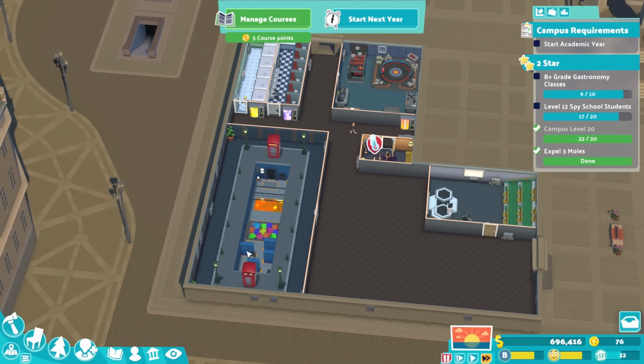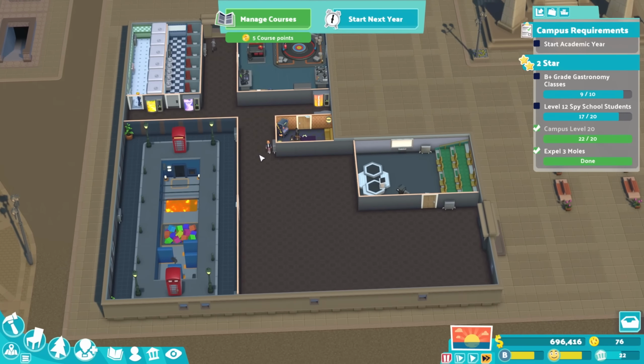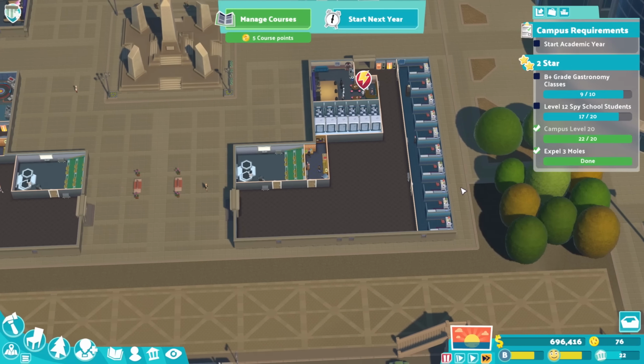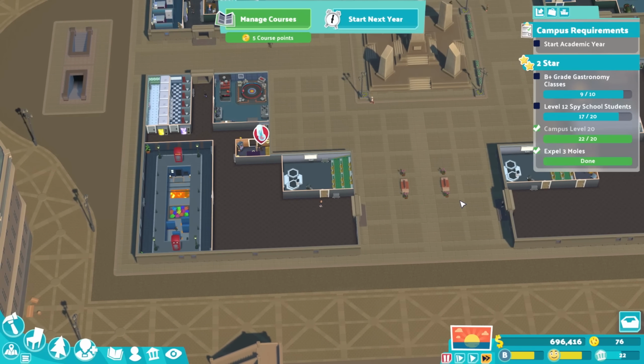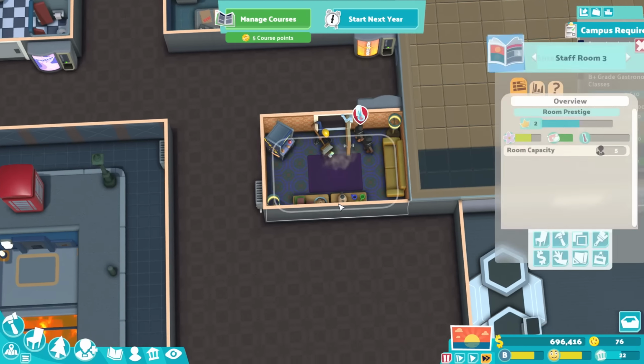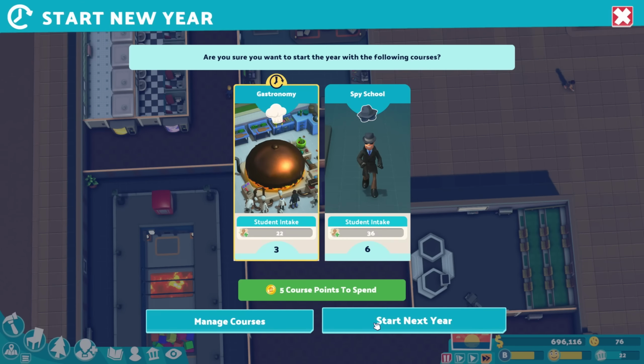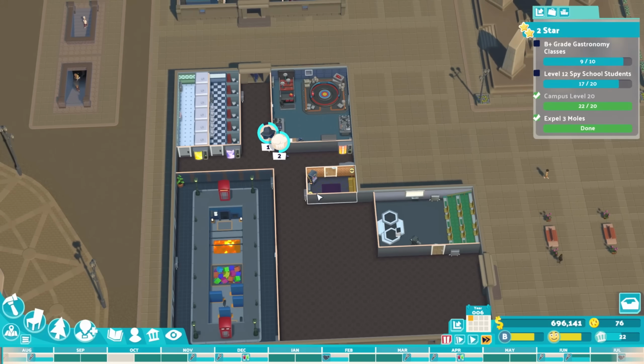We have a bunch of new rooms down here. We have a new gadget lab and a new panic room. We have space for more rooms there and over here as well. So what we're going to go ahead and do, I suppose, for one, is get a radiator for this staff room because they are complaining about that just a little bit. So that can live right about there. And we'll start the academic year. We can hopefully